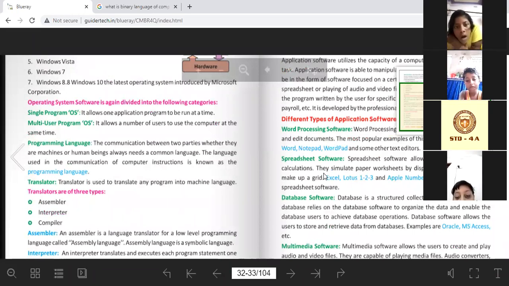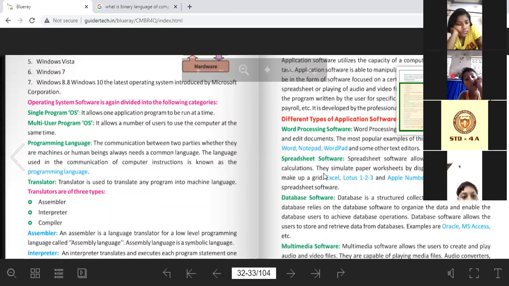Spreadsheets are a type of software in which you have cells. Cells means rows and columns. We use it to do some calculations. Some examples are Excel, Lotus 123, and Apple Numbers of spreadsheet software.